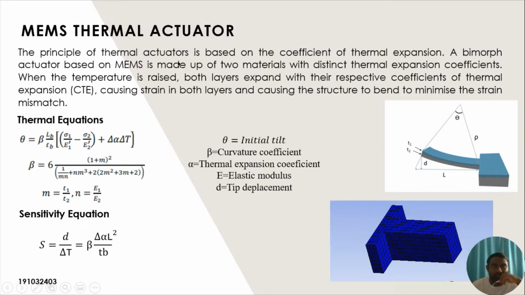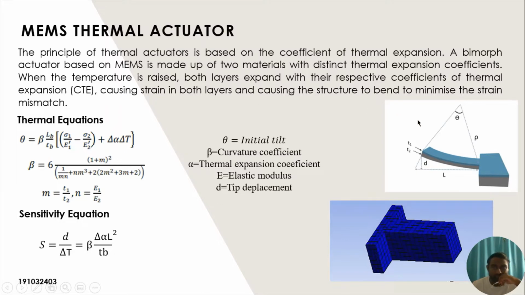The principle of the thermal actuator is based on the coefficient of thermal expansion. A bimorph actuator based on MEMS is made up of two materials with distinct thermal expansion coefficients. When the temperature is raised, both layers expand with their respective coefficients of thermal expansion, causing strain in both layers and causing the structure to bend to minimize the strain mismatch. As we can see here, the input is temperature and the output could be the thermal strain or also